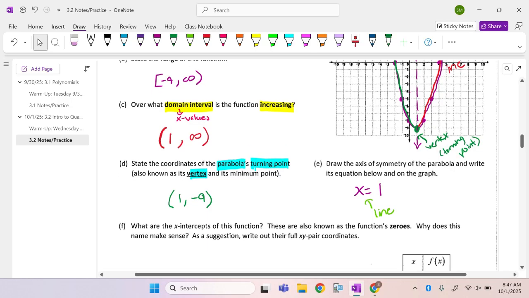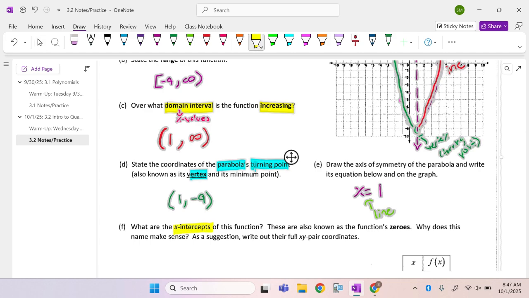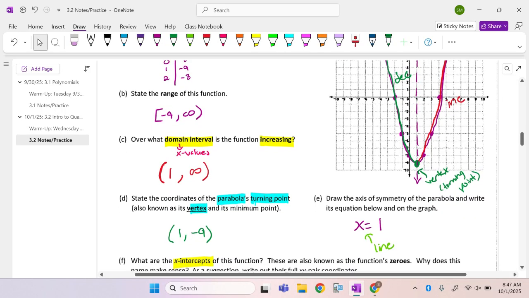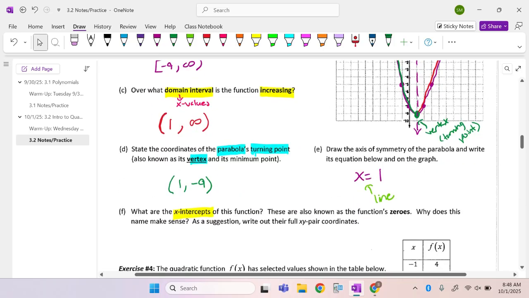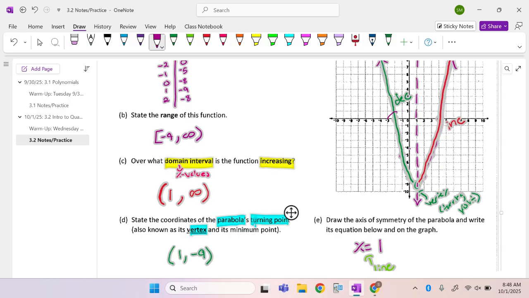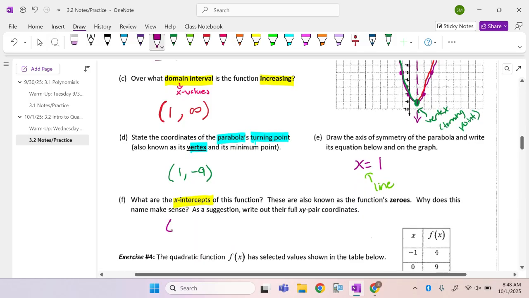Now, what about the x-intercepts? What do you think? So where are my 2 x-intercepts on this graph? -2 and where? 4. So you can also look at your Desmos version because you may not have graphed it. But I did. So at -2 and at +4 are my x-intercepts. So this will be at the point -2, 0, and